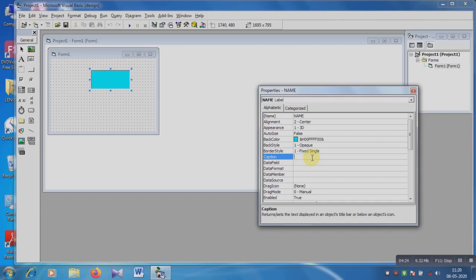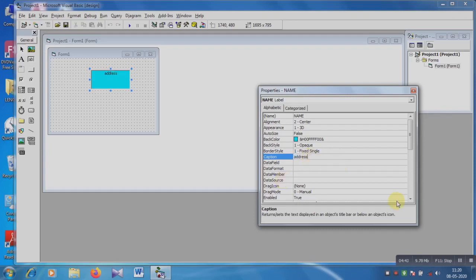Suppose I am writing Address here, and the word appears on the label.